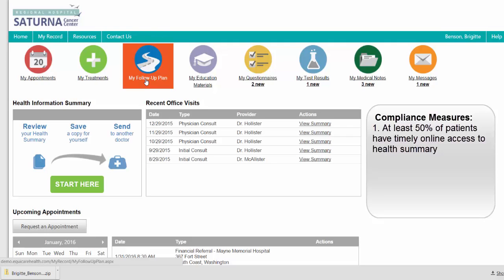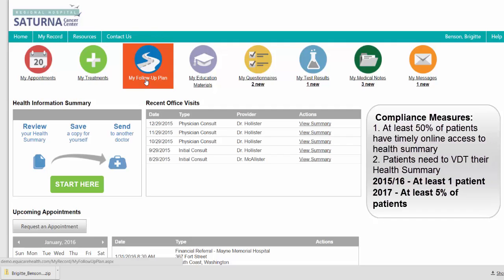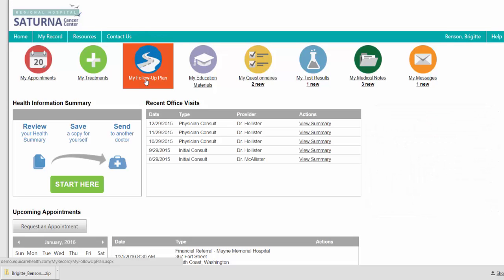Second, some of a provider's patients have to actually view or download or transmit their health summary. For 2015 and 2016 attestation years, only one of a provider's patients has to do this. For 2017, at least 5% of their patients have to do this. And again, we make it really easy for patients by providing them with a simple workflow to do the VDT